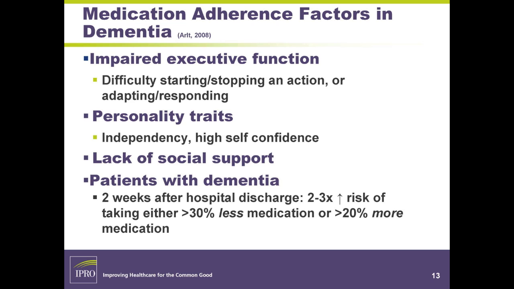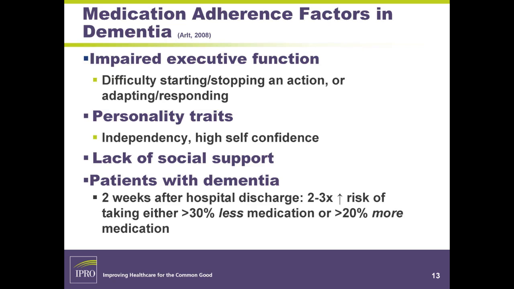And I'll tell you a story. In my household, I have my 86-year-old mother who has moderate dementia, and we built a house, and I built a section in the house for her. So she's got her own living area. My son has Tourette's syndrome and OCD. So she repeats things all the time and has difficulty starting or stopping an action, or adapting and responding because of dementia on one side of my house. And I have my son on the other side of my house who repeats himself constantly and has difficulty stopping and starting an action and adapting and responding. It's really kind of very yin-yang-y in my house sometimes, so it's very strange. Anyway,